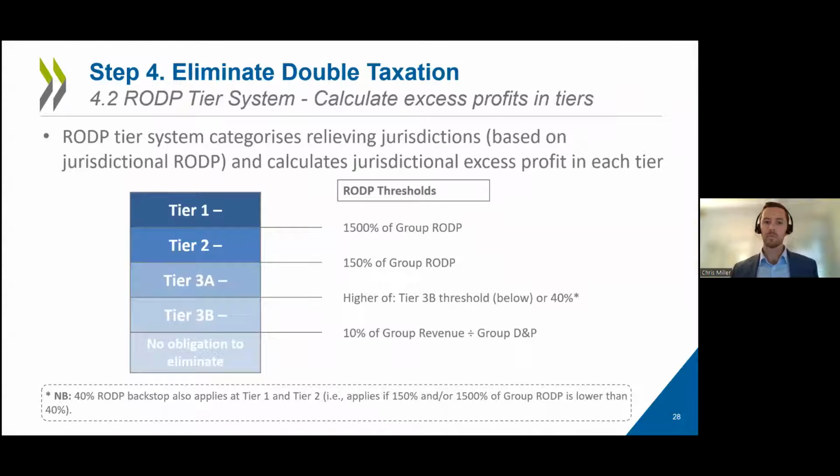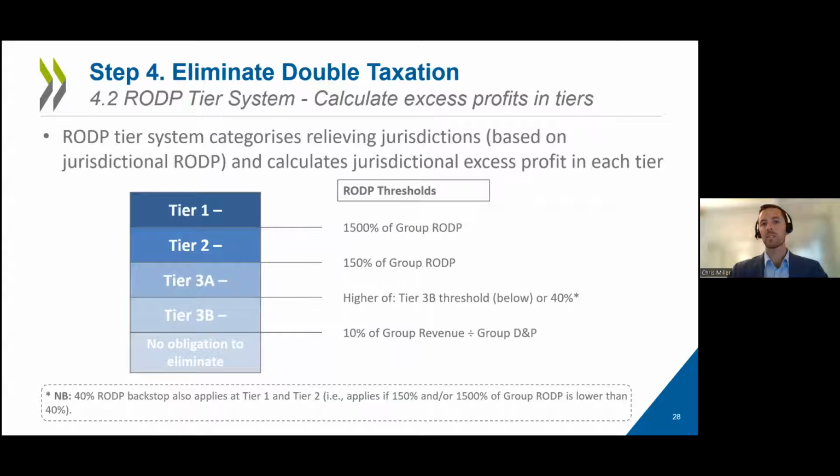And I wanted to draw attention to this threshold because it's also the threshold that Eric mentioned in the context of the RODP metric for the MDSH. And I did notice we got an online question around this in the chat, so I wanted to make sure I touched on this. So this measure at the tier 3B threshold, the 10% of group revenues, that's going to be that proportion at a group level